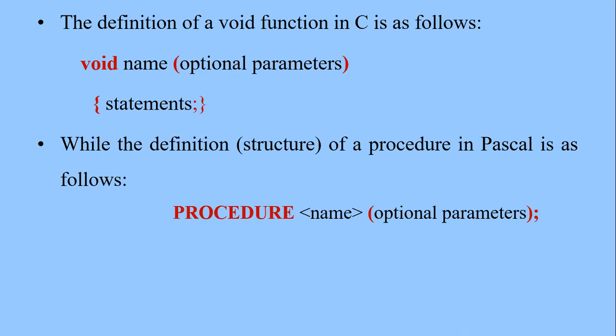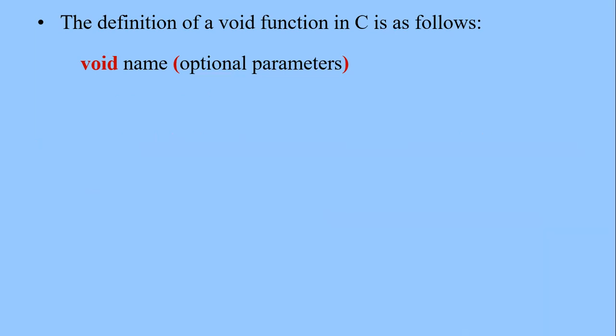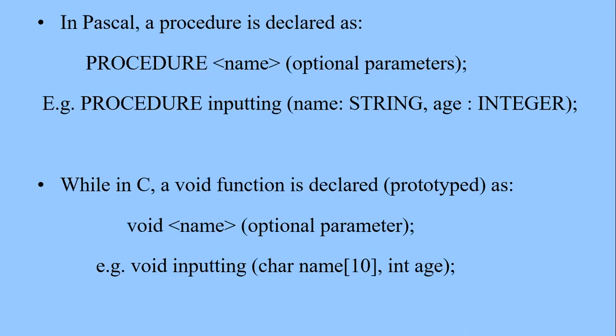While the definition or structure of a procedure in Pascal is as follows: we have procedure followed by the name, and then we have the optional parameters enclosed in parentheses followed by a semicolon. That's how we declare. But then when it comes to definition in Pascal, we also define it just in the same way we declare it. But note the difference. Under the declaration,